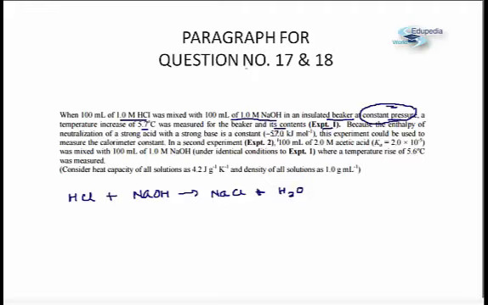Further, it says that because the enthalpy of neutralization of a strong acid with a strong base is a constant, that is, we have been given the value of the delta H neutralization, which we generally remember from our study notes, that delta H neutralization has been given as minus 57.0 kilojoule per mole.